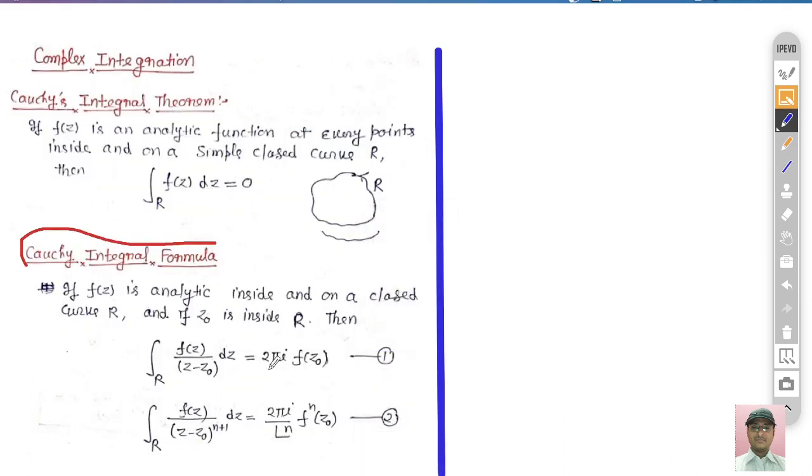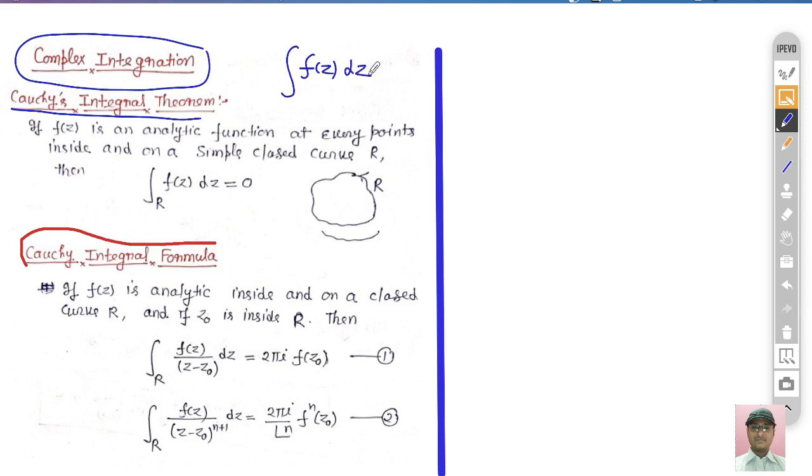Now second is complex integration. This is also a very important topic, because most of the questions are asked from this complex integration, right? So now the first theorem is the Cauchy integral theorem. This is the first theorem. What is this theorem? If we have to find the value of any complex integration of this type, f(z) dz, then we use this formula, meaning the Cauchy integral theorem or Cauchy integral formula. So what is the difference between these two? One by one we try to understand.